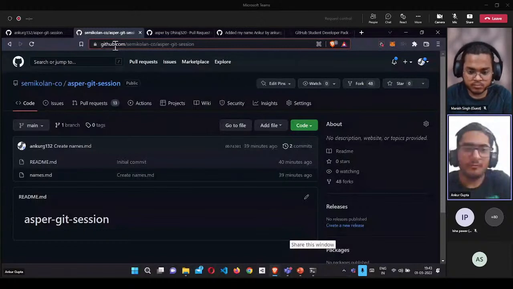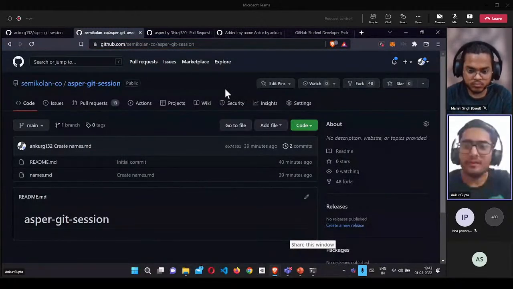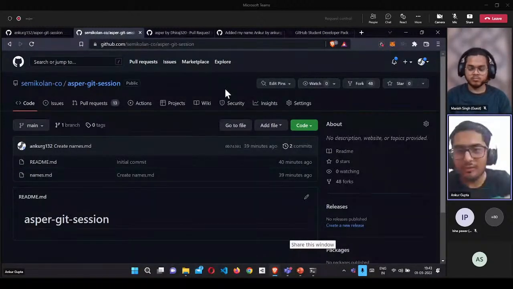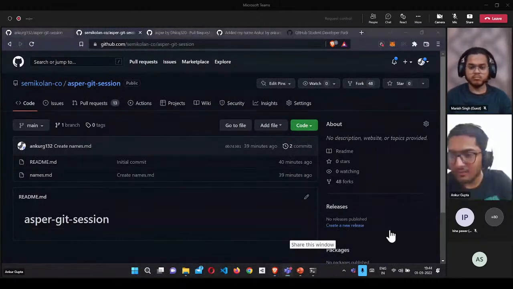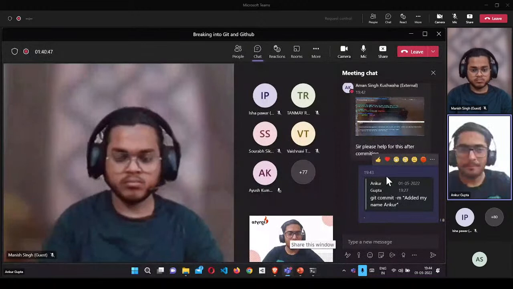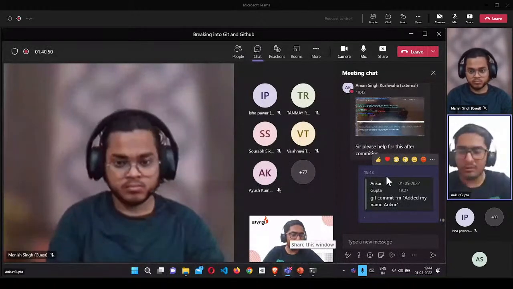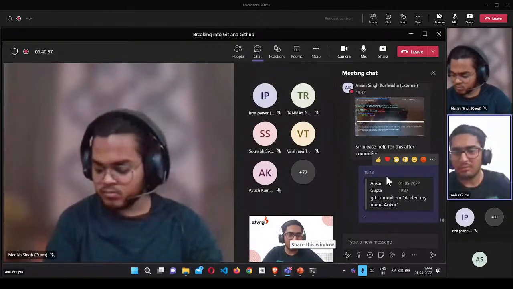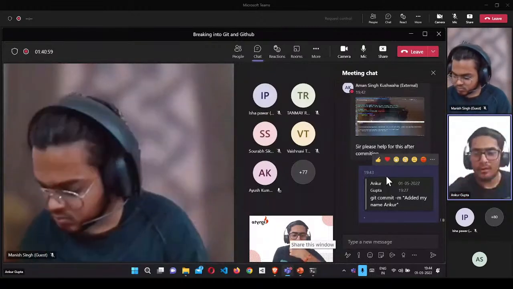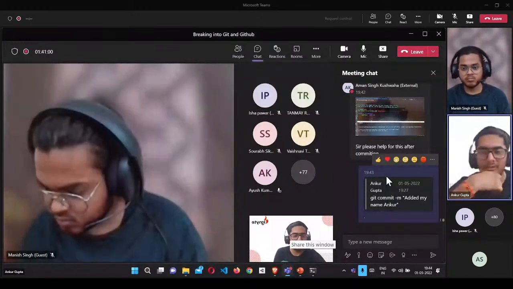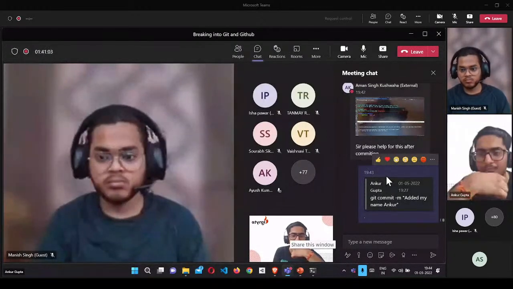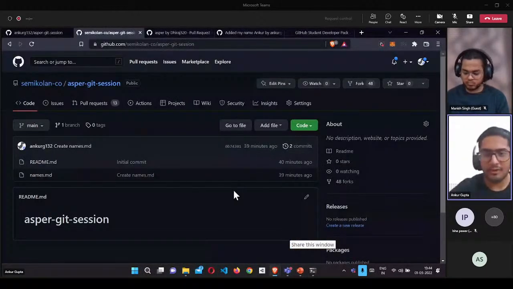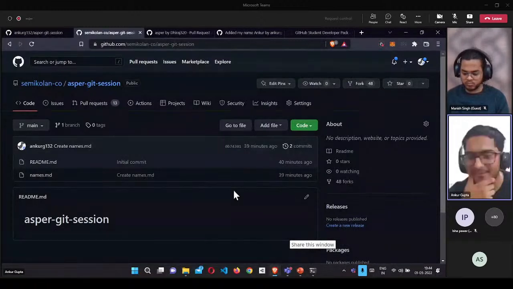So yeah, we are done with the hands-on session. This is just a quick demo of how you make a pull request. If anyone faces any issue, feel free to ask, as I said. You can make your PR till tonight, and we will consider all of your pull requests. So no issue in that. Make a pull request. If you face any issue, you can even reach out to me in person. There's no issue.